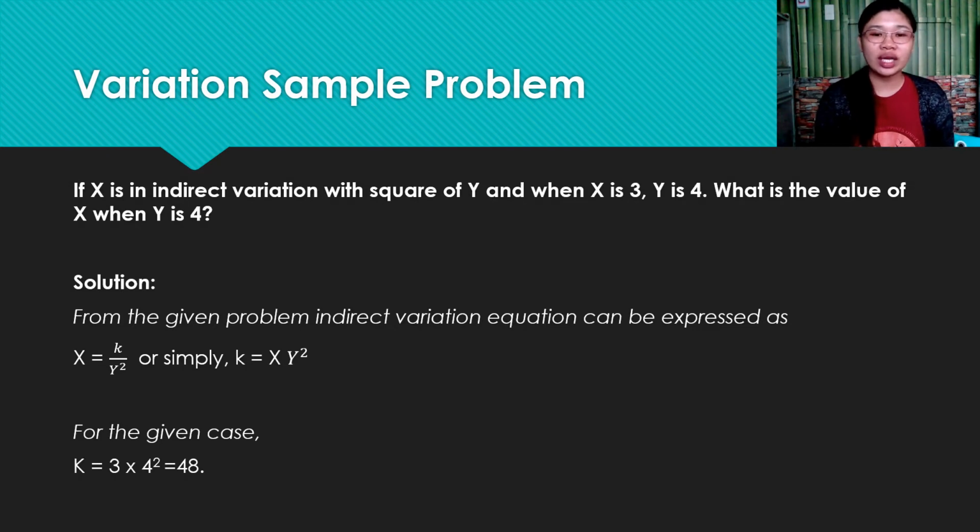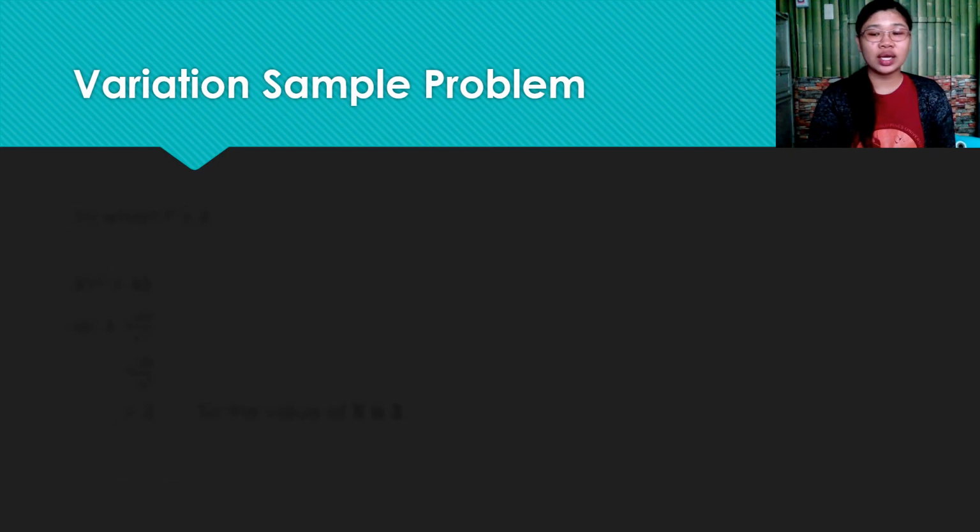So for the given case, we have x is 3 and then y is 4. To solve for k, which is xy squared, we have here 3 multiplied by 4 squared. So we have 3 times 16, that is 48. So now that we have the value of k, which is 48,